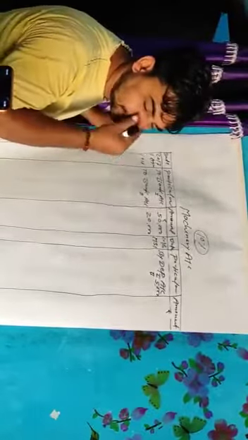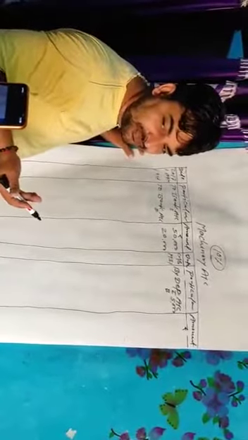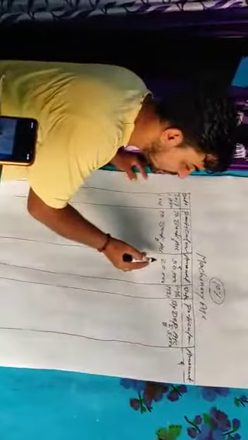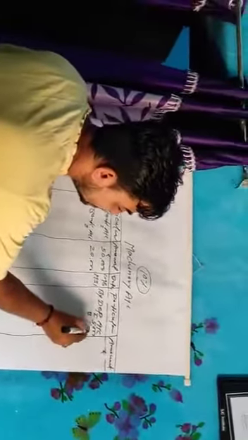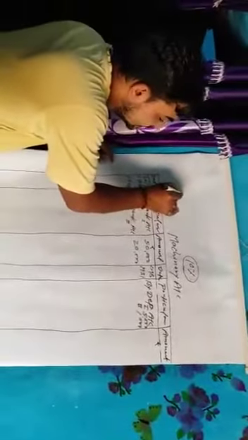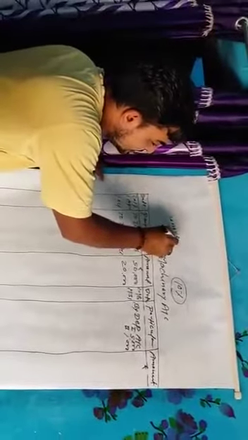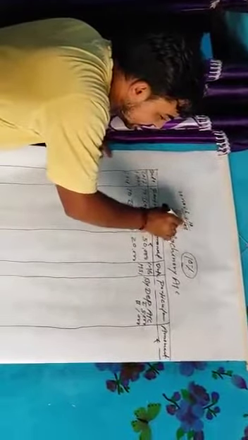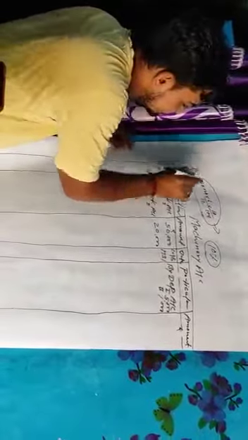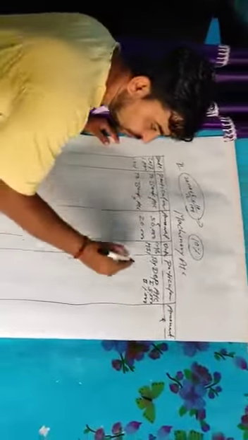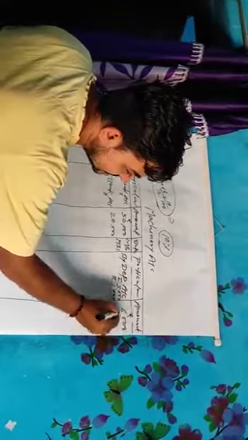and that will be half. 6 by 12 means half a year. So if you halve 2,000, the depreciation will be 1,000. Like this: 20,000 into 6 by 12 into 10 by 100. This is the calculation for the second machine. So it is 1,000. Now total depreciation is 6,000.